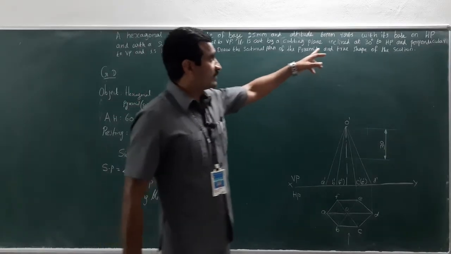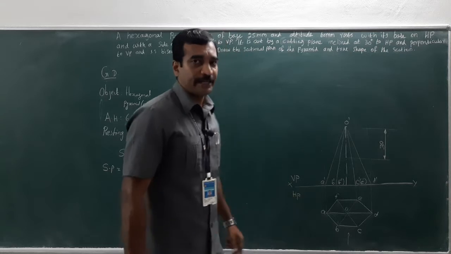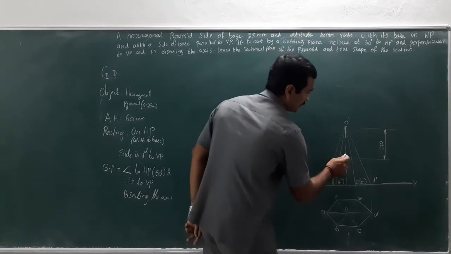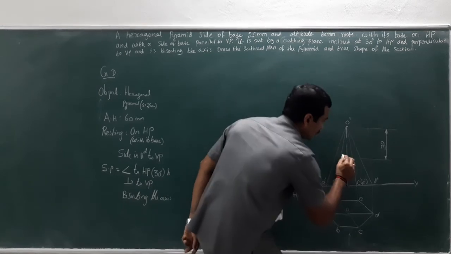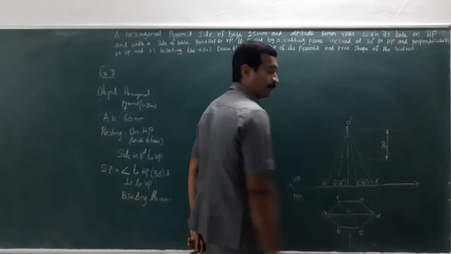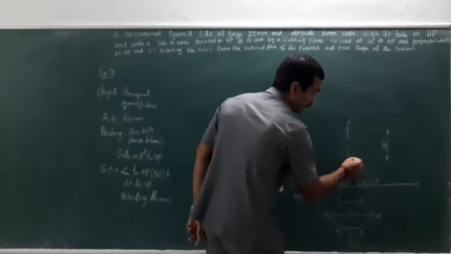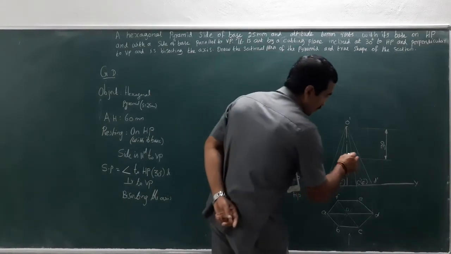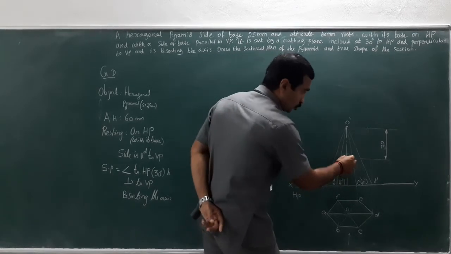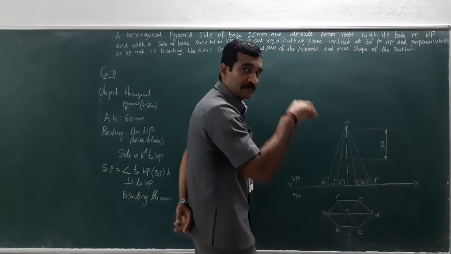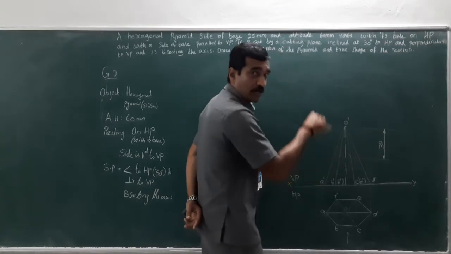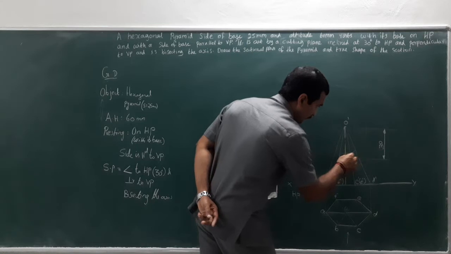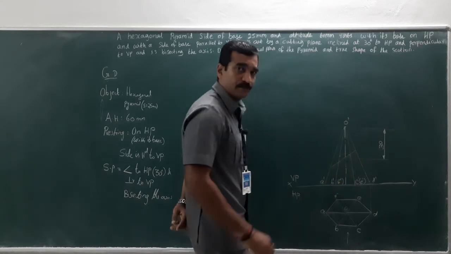Here the section plane is inclined 30 degrees to HP. So draw a horizontal line at 30 mm from the apex, right? So keep your protractor in this manner. Now take 30 degrees from the horizontal, something like this. Now draw a line passing through the point which has been chosen on the axis. So draw a thin line passing through this, something like this.